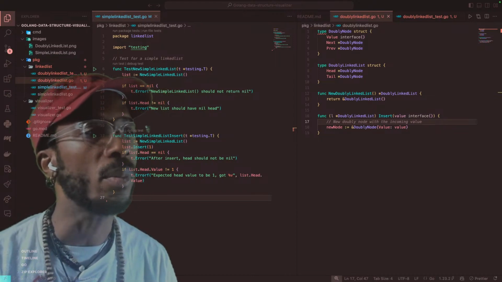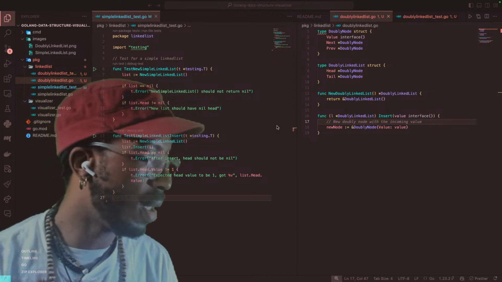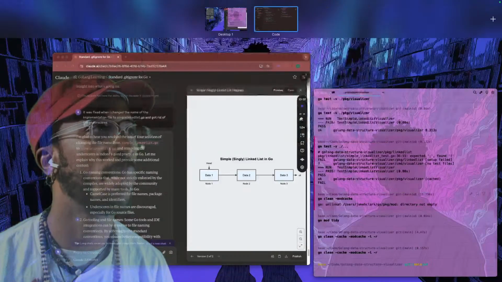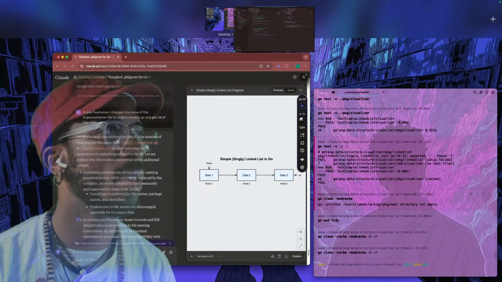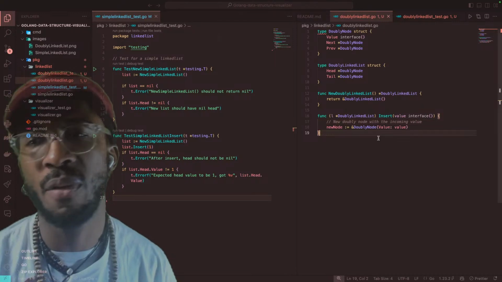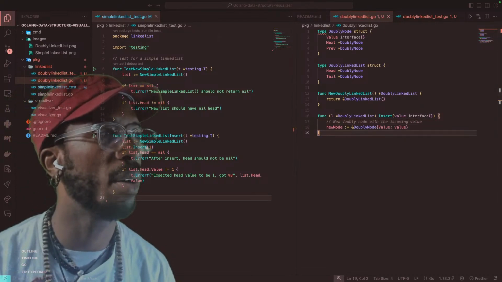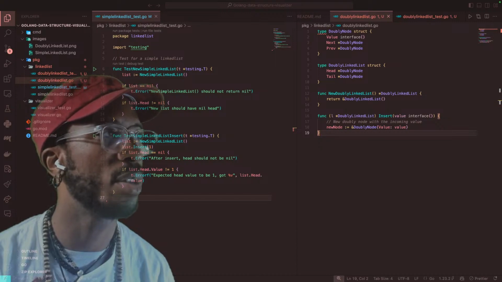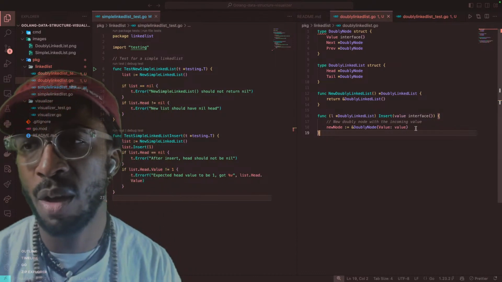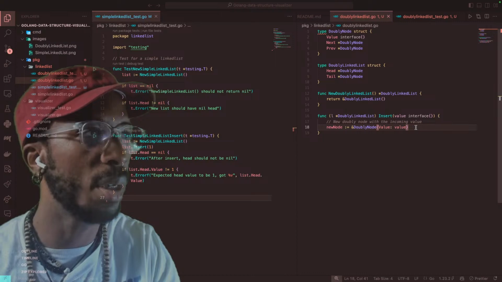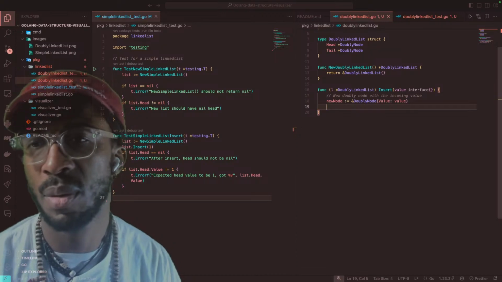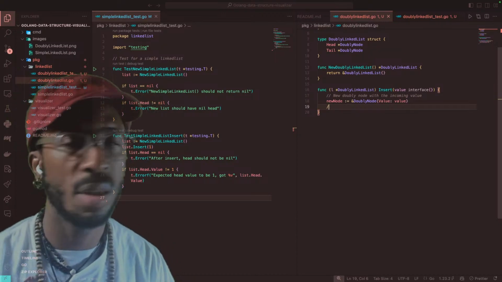Okay, so we were in this, and the goal now is to just continue working on this doubly linked list. I have the test created. I made a separate file for this. We have the insert started, and we can go ahead and finish this insert method here. So we made a new node, and now we need to place the new node